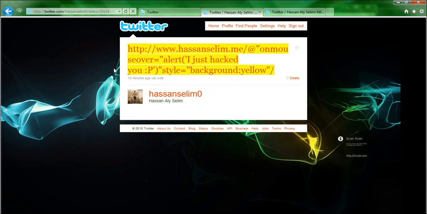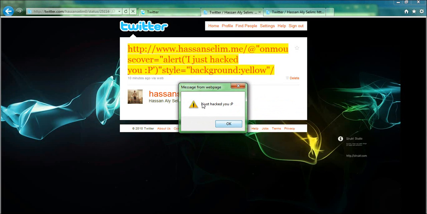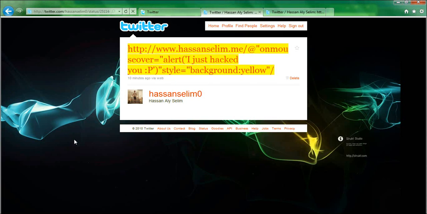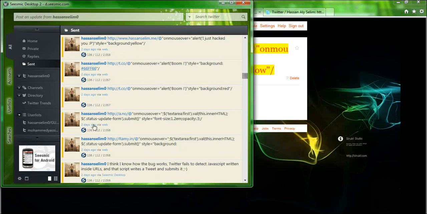You find a weird looking text like that and you hover over it, something happens, and in this case an alert box. So first of all, I'd like to say that this hack worked only on twitter.com, and maybe it worked on other third-party web clients because they also use JavaScript, and this hack is based on JavaScript. But it didn't work on third-party desktop clients like Sysmic. So, for example, you see here that